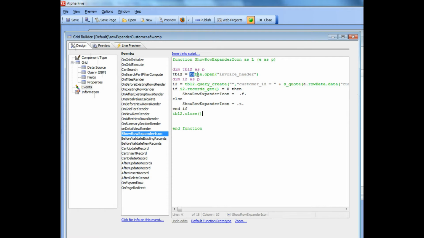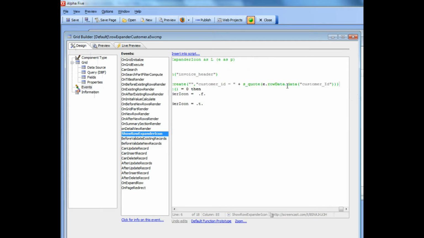So you can see we open up the invoice header table, and then we create a query for all the records in the invoice table where the customer ID matches the value of the customer ID in the current record, and we get that by looking at e.row_data, which is e is passed in, and e.row_data is the pointer to the table that the grid is based on,